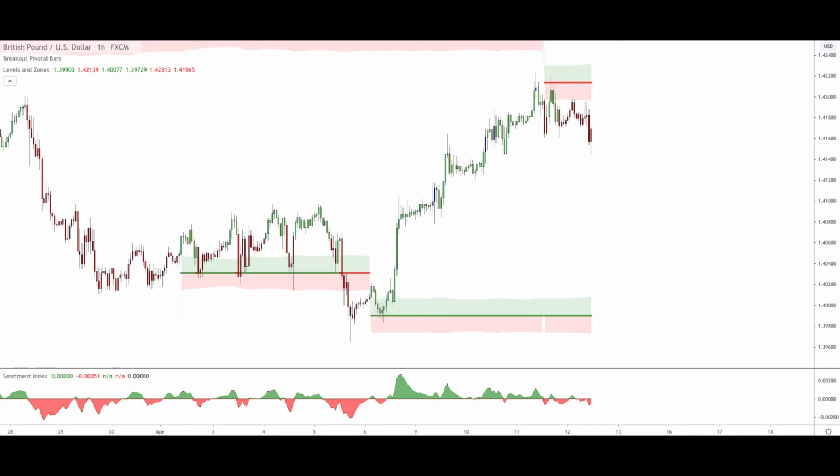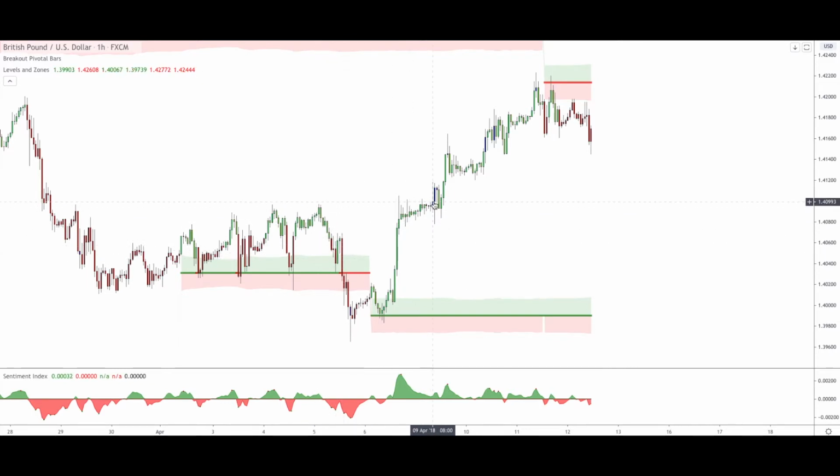So today we are looking at the British pound versus US dollar on the 1 hour time frame. For this setup I'm using 3 indicators among our suite of indicators. In particular I'm using the Breakout Pivotal Bars, which is the one that is coloring the candles here, either green,